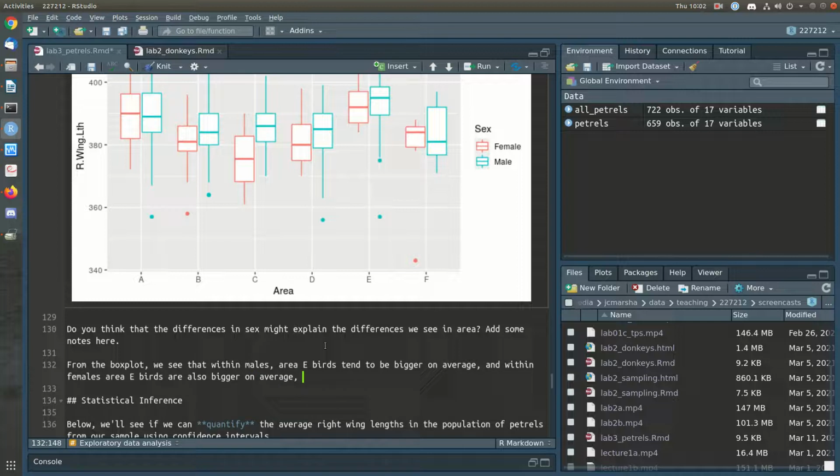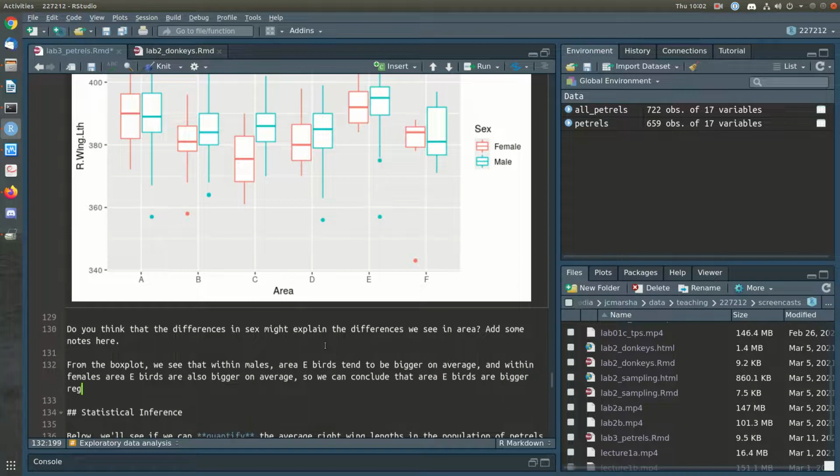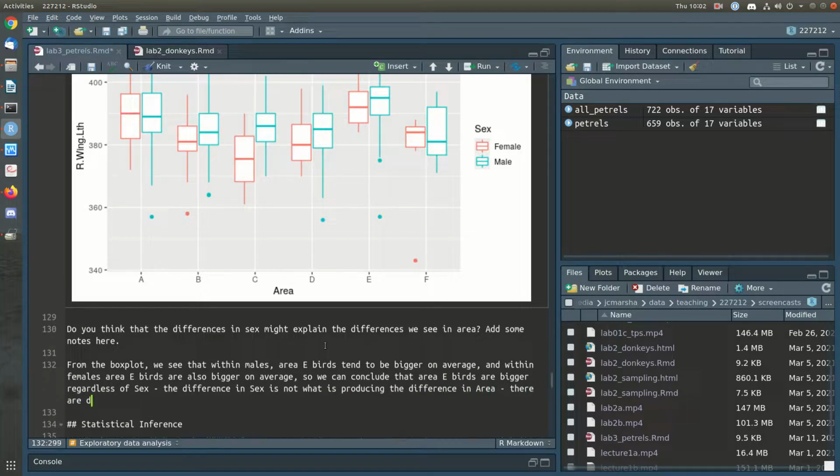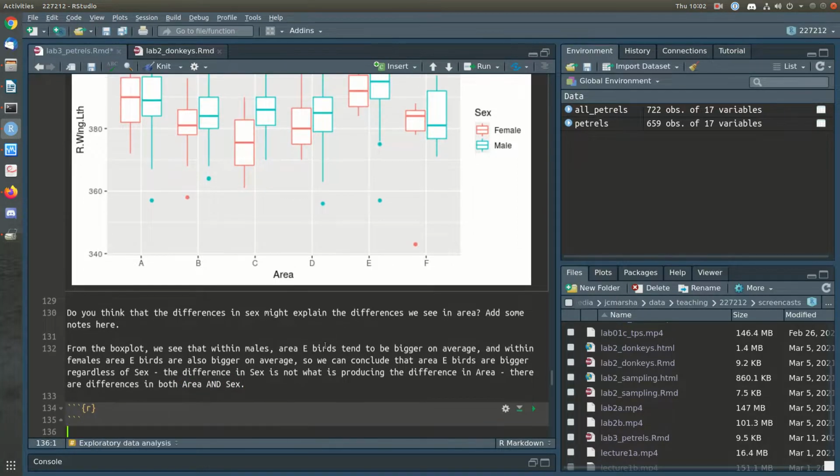So we can conclude that area E birds are bigger regardless of sex. The difference in sex is not what is producing the difference in area. There are differences in both area and sex. Okay, we could try some other plots as well, so let's just quickly see if we can do some